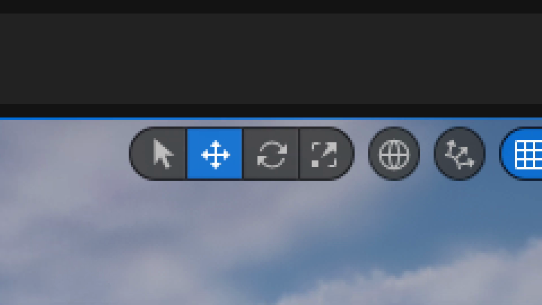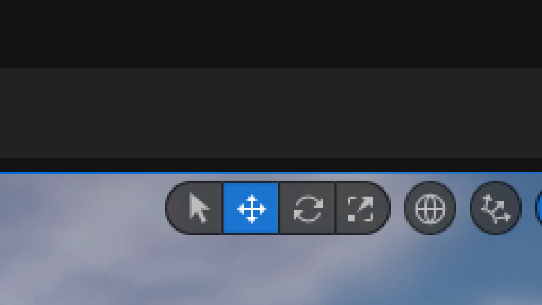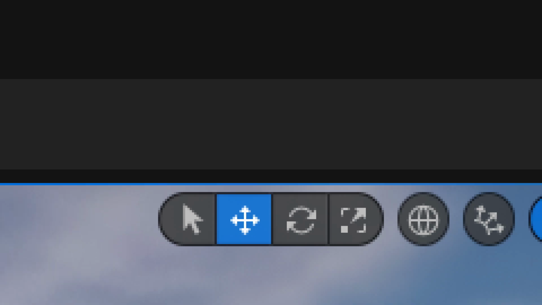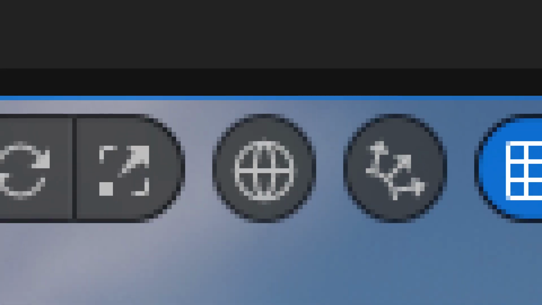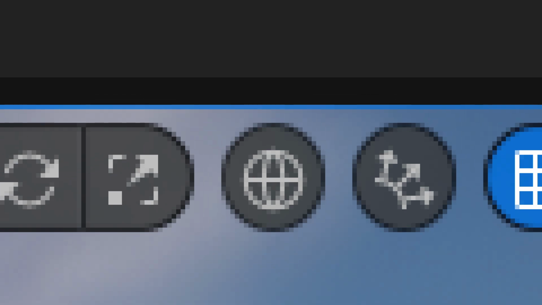You know, with any software, there's a half dozen different ways to do the same thing. I kind of show you one or two ways to do things in the interest of time. By no means is it maybe the best for you, but you have to discover that on your own. This little circle right here goes between local and world transformation.